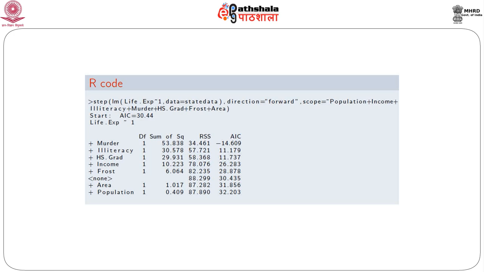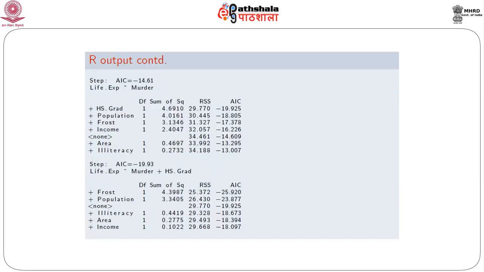Then we had removed murder and included illiteracy. So, now we had life expectancy regressed on illiteracy, and we obtained the corresponding AICs, and the same was done for all the predictor variables present. And then after ordering the AICs, we see that the model with murder as the predictor variable had the lowest AIC. So, we now include murder in the list of predictors and move on to the next step where we include murder and add the other predictors one at a time and obtain the AICs. Again, the AICs are ordered, and the one with the lowest AIC is now retained in the model, which is HS graduate, and we perform the same steps over and over again